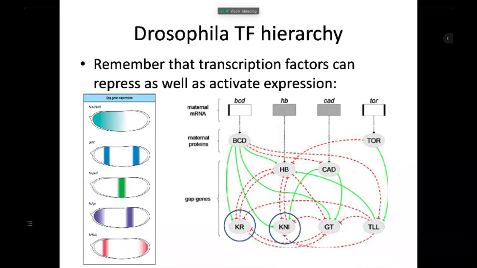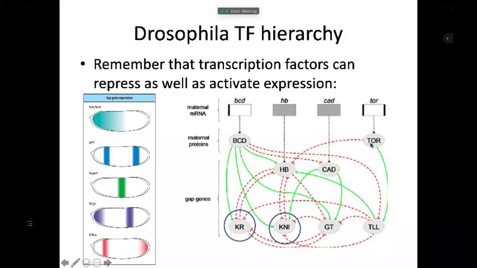So remember I was talking about a Drosophila transcription hierarchy, and this is how networks of transcription factors interact with each other to form the expression of downstream transcription factors. And remember that transcription factors can repress as well as activate expression. So here we have our maternal RNAs, bicoid, hunchback, caudal, and torso, and then these give rise to the maternal proteins, bicoid transcription factor, hunchback transcription factor, caudal,